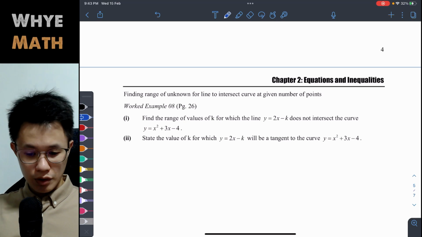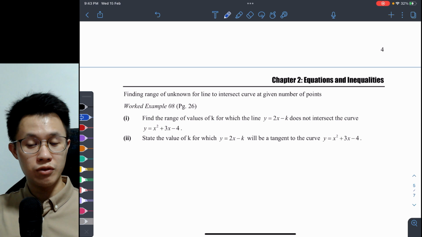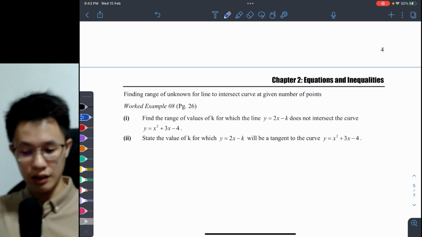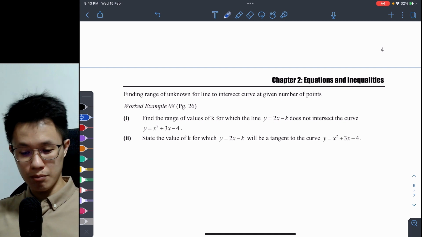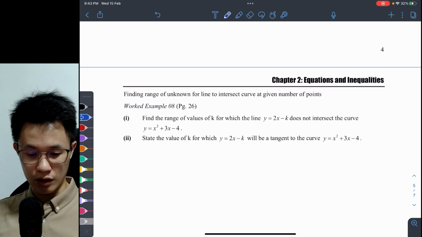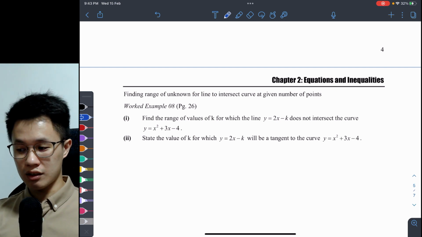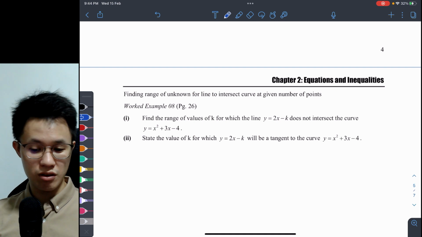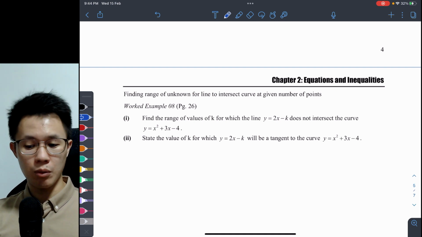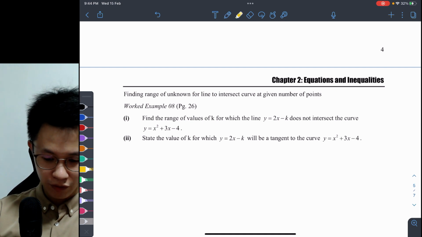Okay, welcome back. So we're going to now look at an example where we find the range of the unknown for a line to intersect a curve at some given number of points. Very simply, just now we earlier said that when you have a quadratic curve and a line, the resultant equation after you substitute them together, you can usually use the discriminant to figure out whether they intersect or not. Right, so now we have a question here where we want to find a range of values of